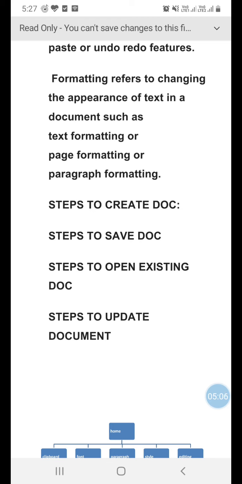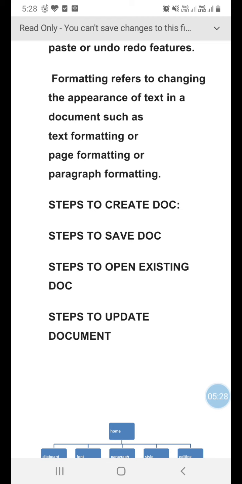When you open the existing document, it should be updated with new content, and again it should be saved by using the Save option. In the Office button, there are two options for saving a document: Save and Save As.